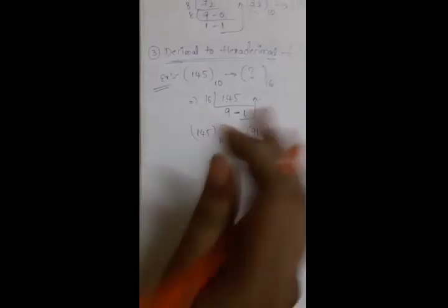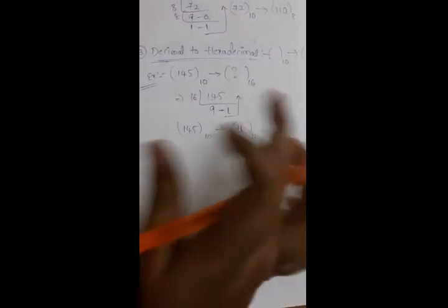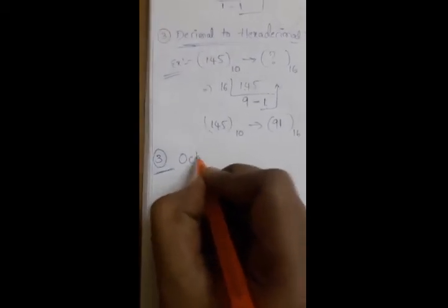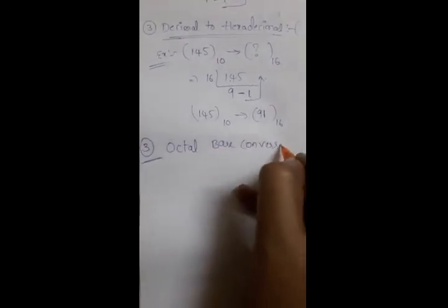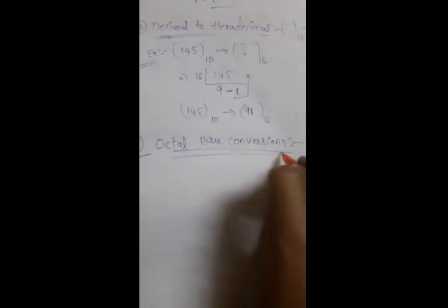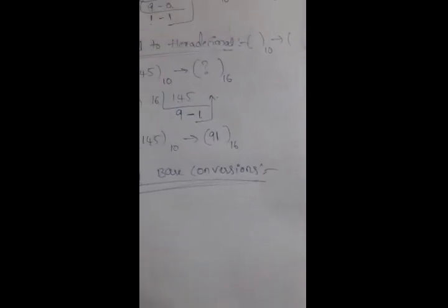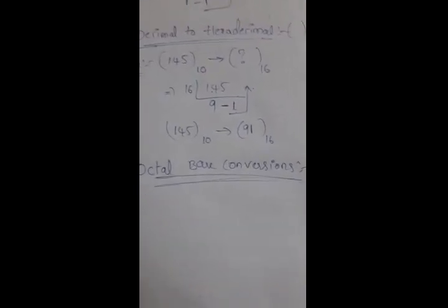Okay, so the second base conversion related to decimal is completed. So totally 2 are completed, binary and decimal. And now we'll go for the third base conversion, that is octal base conversions. Okay, in that again it is classified into 3 types. That means the octal number also consists of 3 conversions. Those are octal number to binary, octal number to decimal, and octal number to hexadecimal.